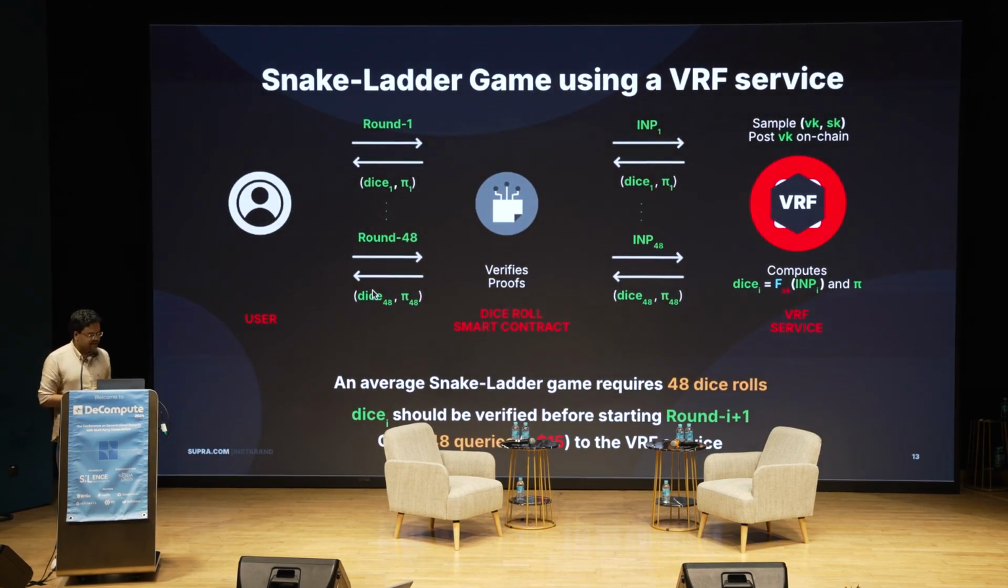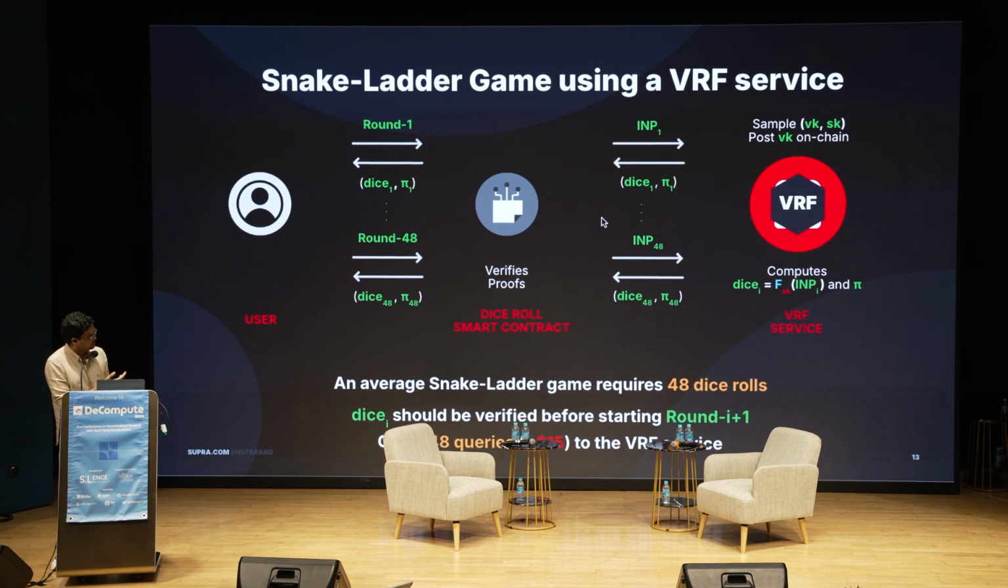Okay. So in a snake and ladder game, we all know that you need randomness for each round. So each round needs a dice value, right? So you roll a die, and based on the die, you make your move. So if you want to use the VRF service to generate the die value, you have the VRF service